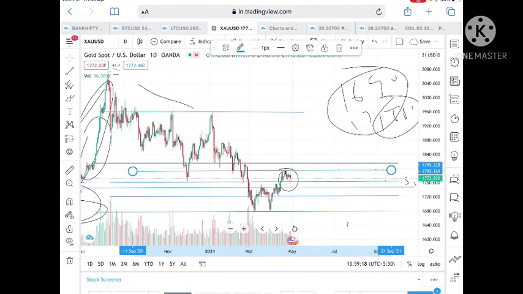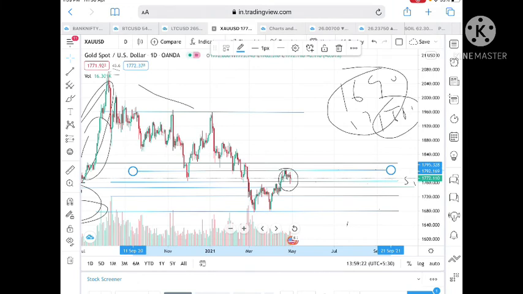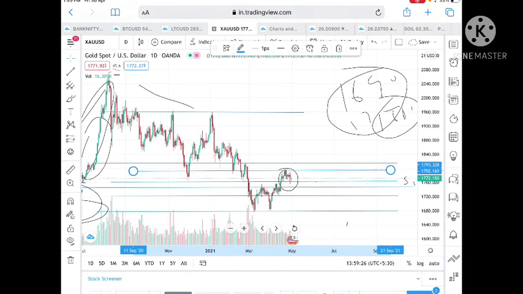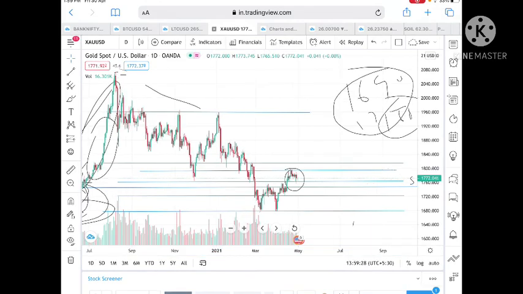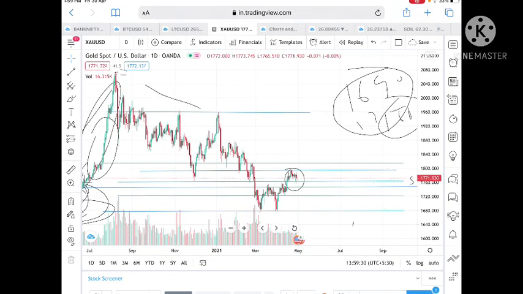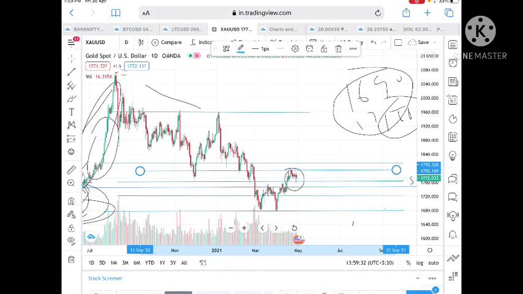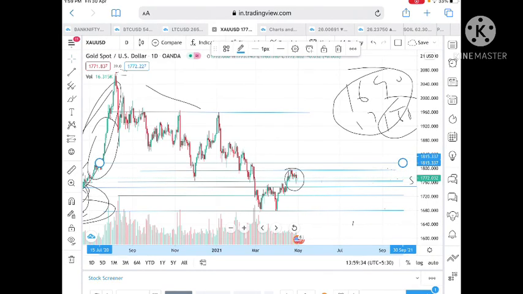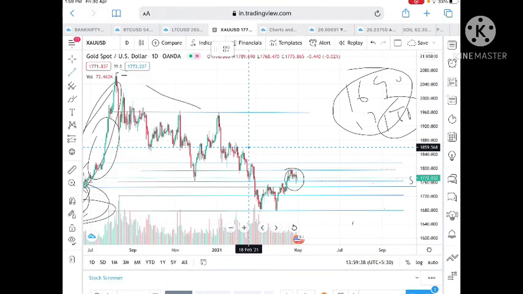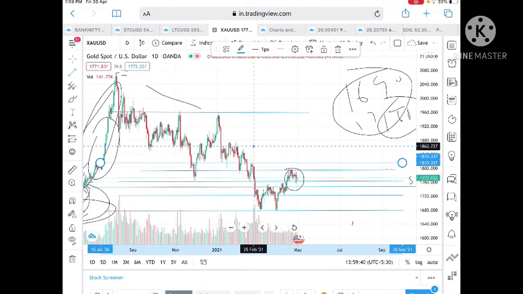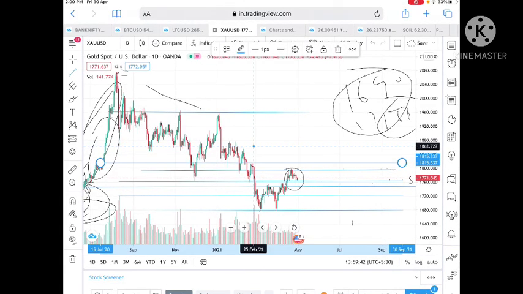But what we can see here is that for a month the trend is an upside as of now, but this is a year chart. So once it crosses a level of 1792 and stays above that level, then we can expect it can touch a level of 1815. Once 1815 is touched, then we can see the strong support, because this W pattern will be crossed upside. Once this level is crossed upside, then we can see it can touch a level of